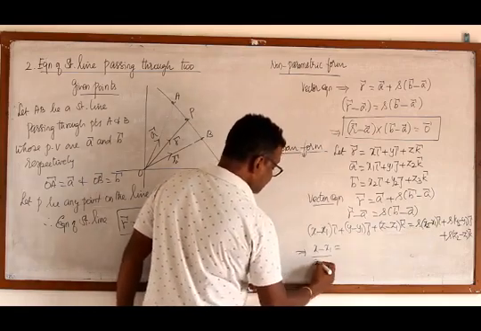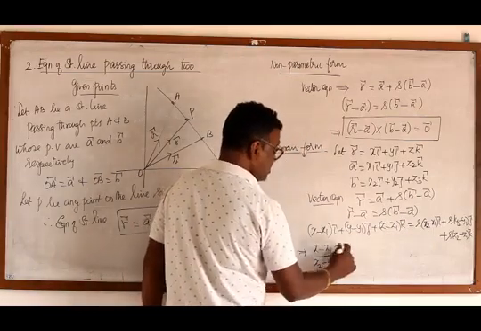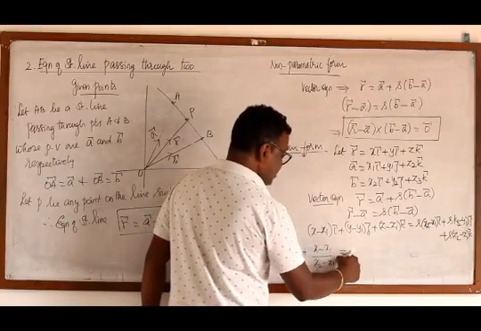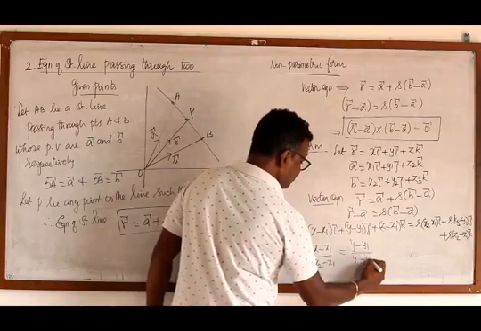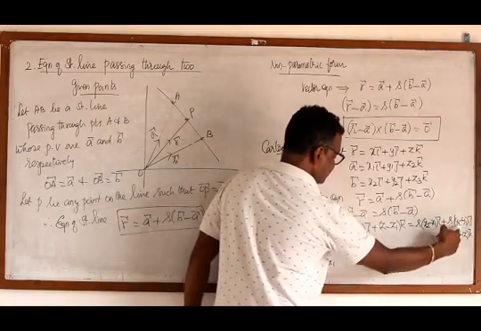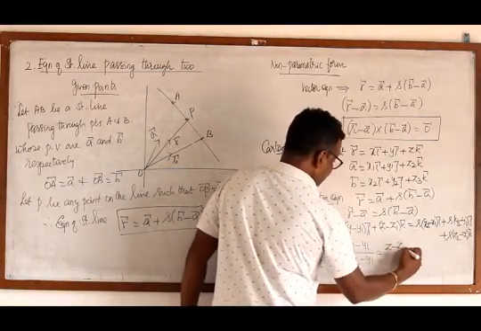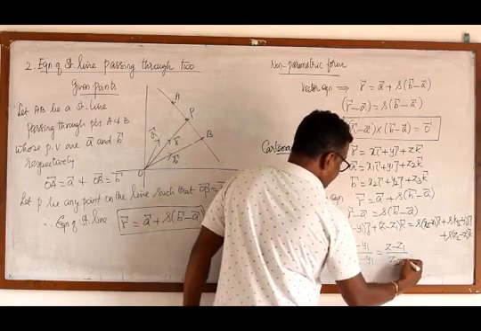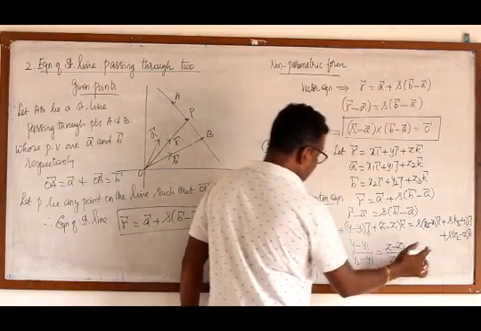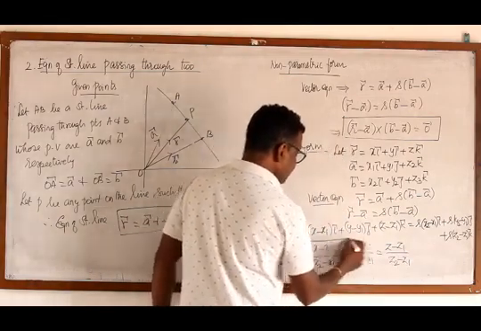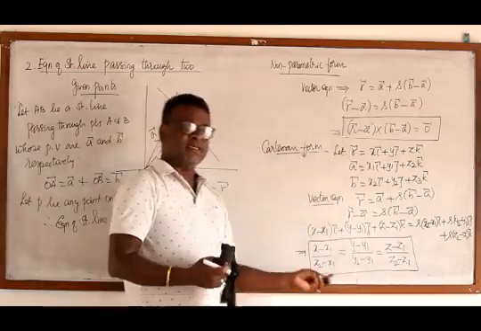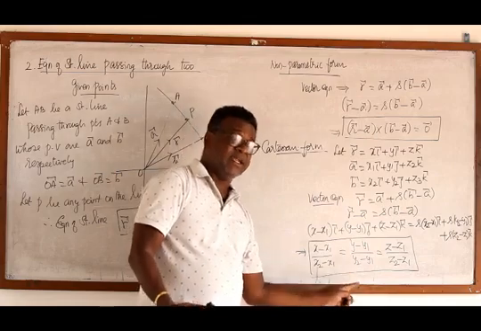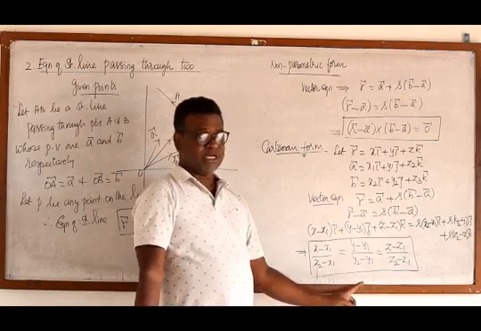Shall I write that one as (x - x1)/(x2 - x1) = s? Instead of that s, (y - y1)/(y2 - y1) is also s, equal to (z - z1)/(z2 - z1) equal to s. I am eliminating that s because it is a scalar. So this is the equation of a straight line in 3D if 2 points are given.